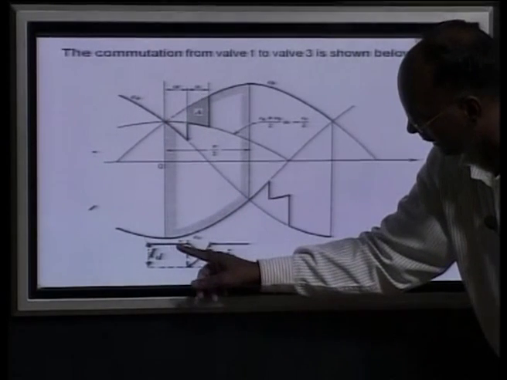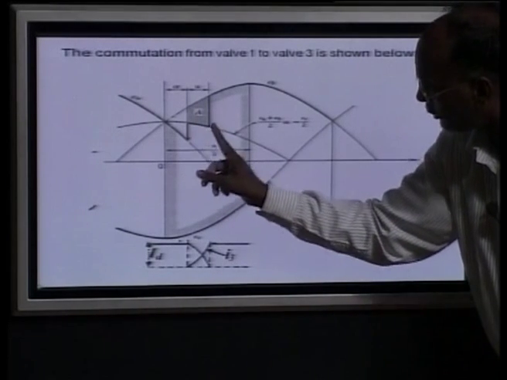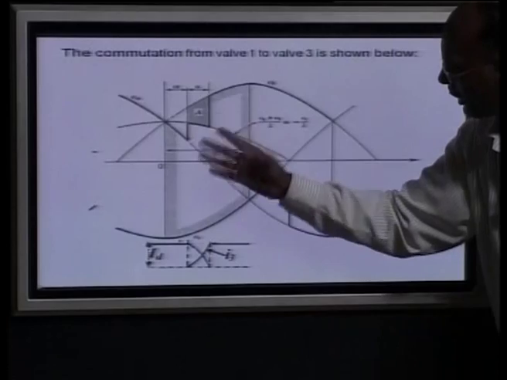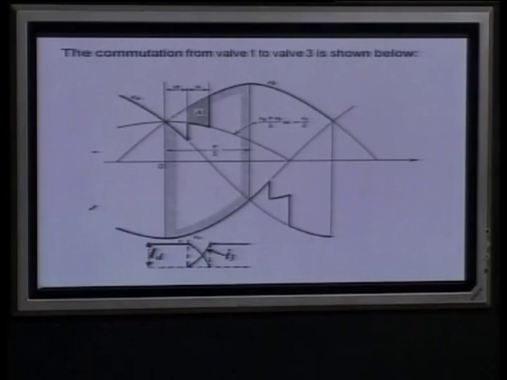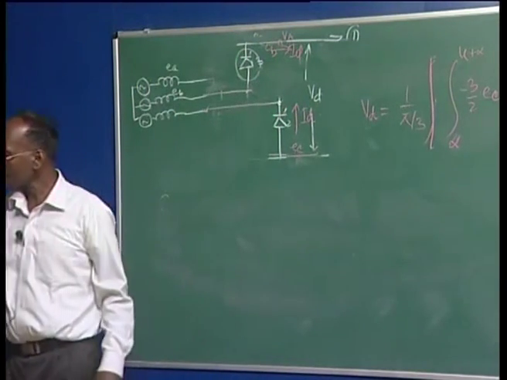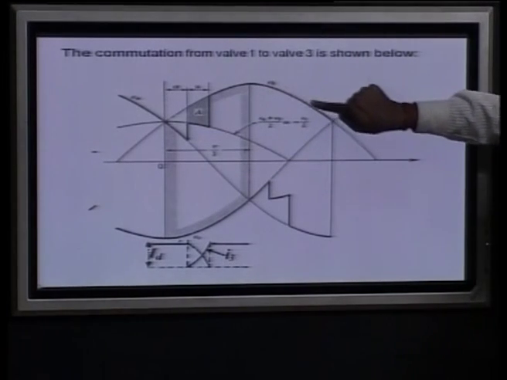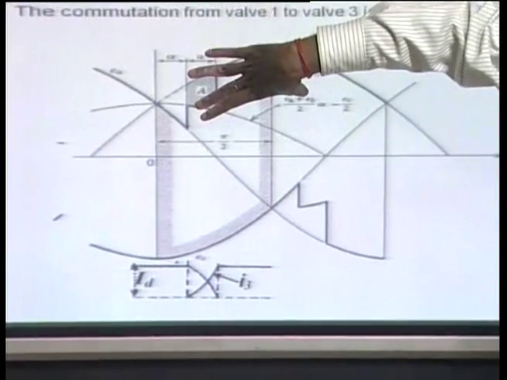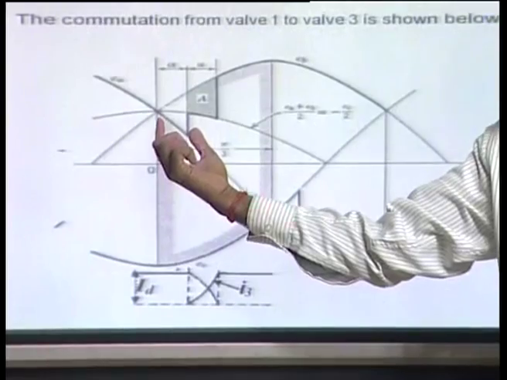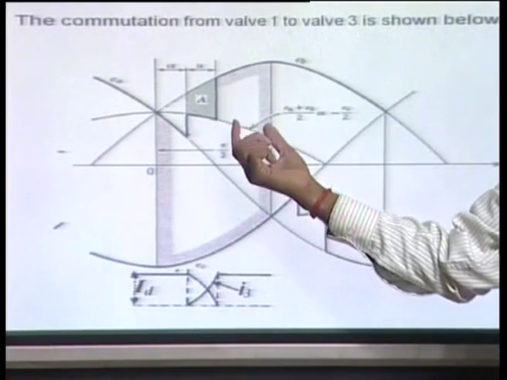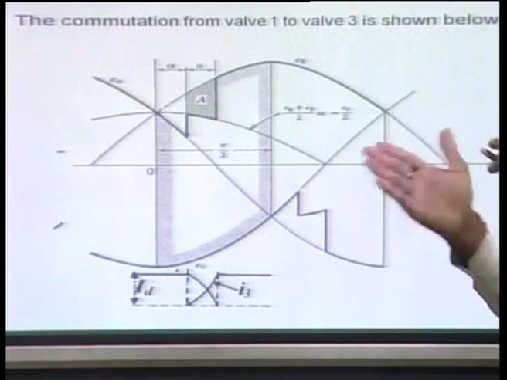As I said it was 0 here, but I delayed it, which means I_d is continuing in valve 1, and then suddenly the current is shifting from valve 1 to valve 3 during this u period. Then valve 1 is off and valve 3 continues to conduct. This is your upper voltage and this is the lower voltage I was talking about. So, I am just starting for this pulse here, up to this portion. This is again 60 degrees. You can start from here also, then you have to take this portion, then this portion, then this remaining portion, and that is again three different components you are adding.